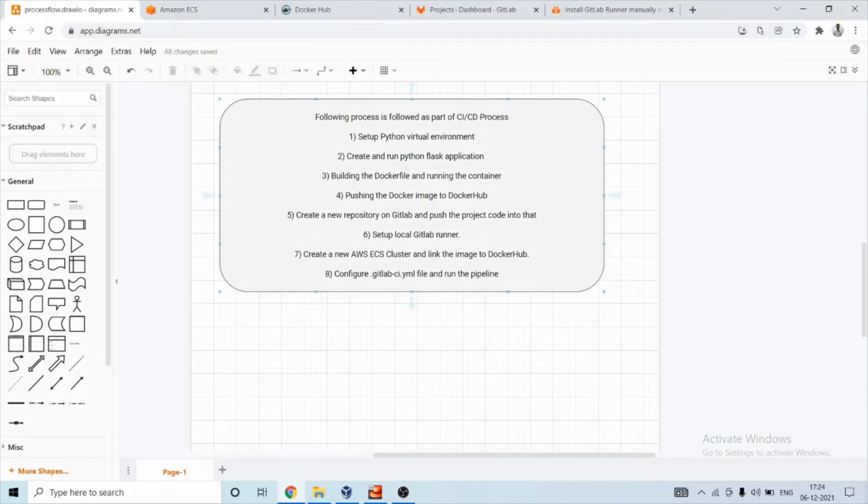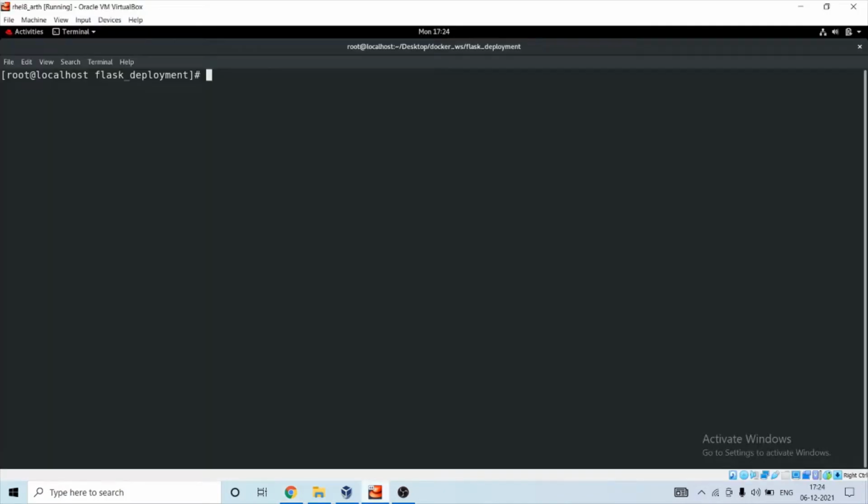So this is our process flow that we are gonna follow. So let's begin. So our directory is empty. We will create a new Python virtual environment.